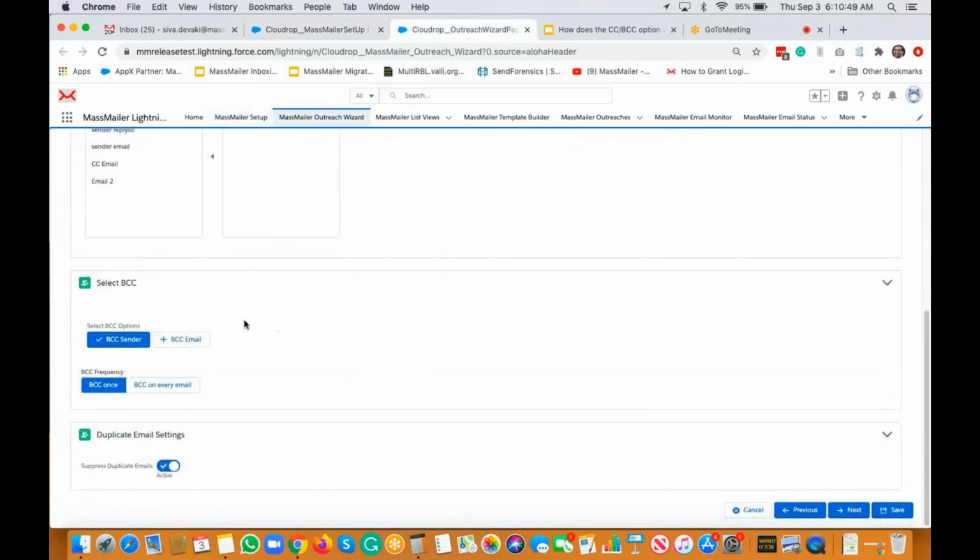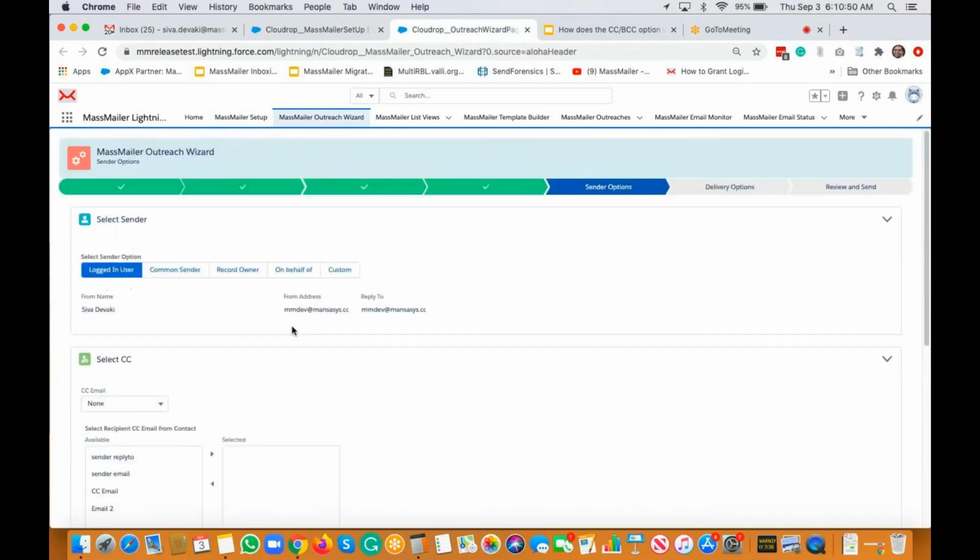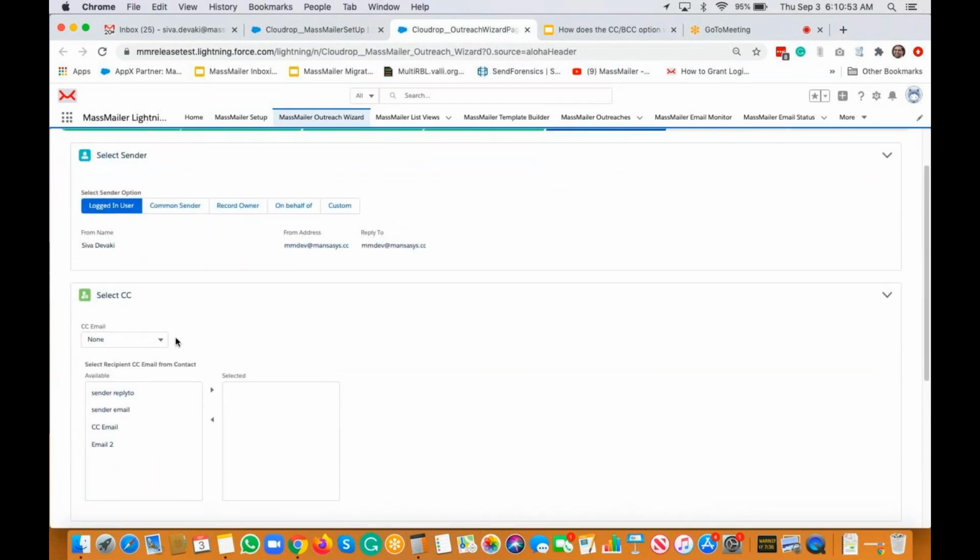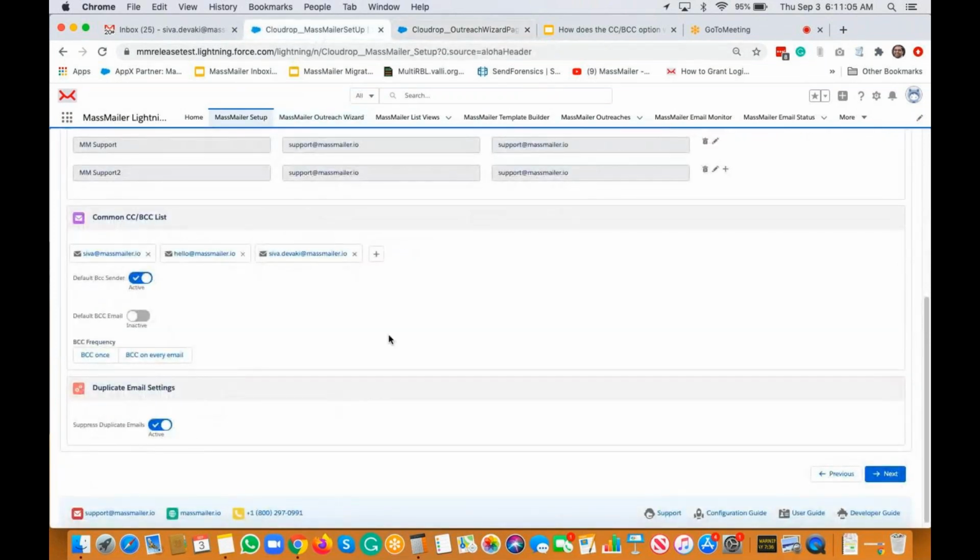But if you want to refresh this, you will have to start from the beginning, because this is still in the cache, so it would still show the amounts of this thing. But if you refresh this, meaning if you start from the beginning, then it will not show that list of values there. Okay. And the same thing here, if you actually want to do default BCC, a specific email address,